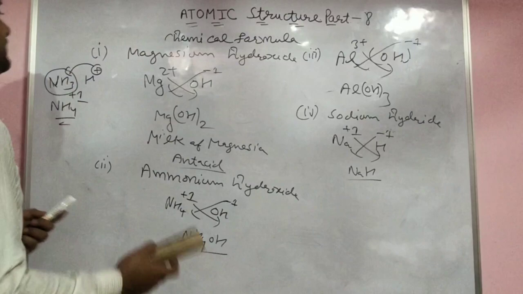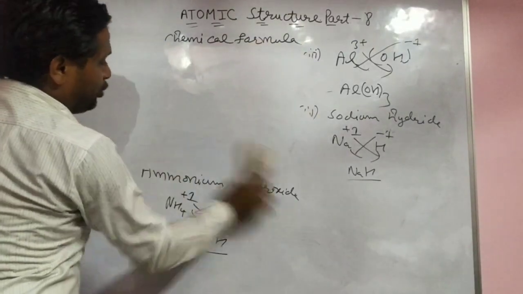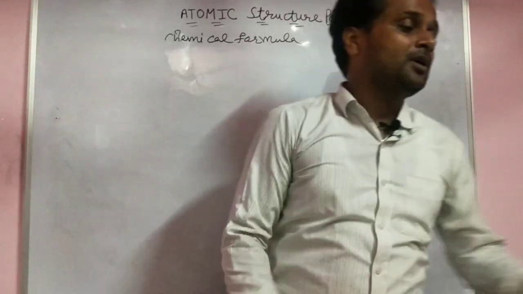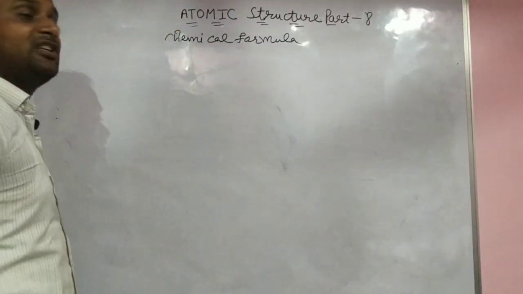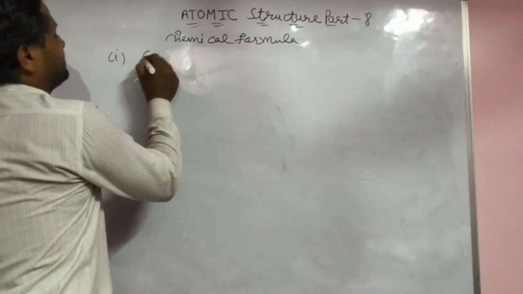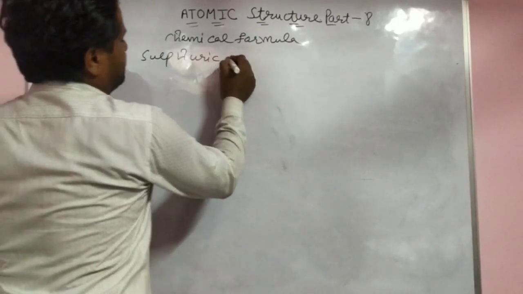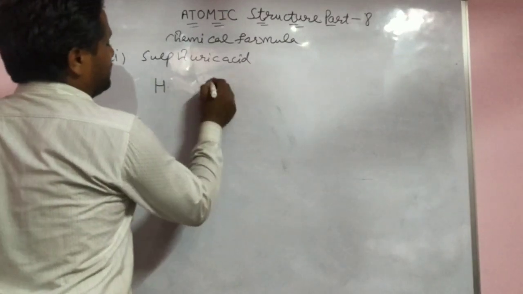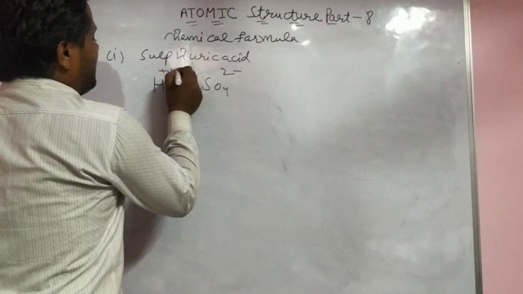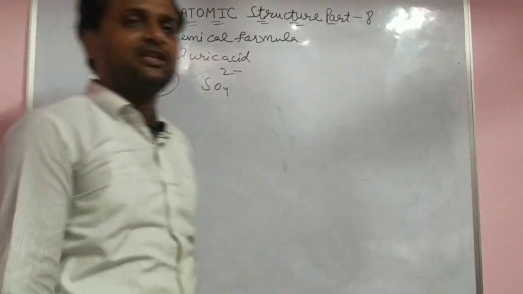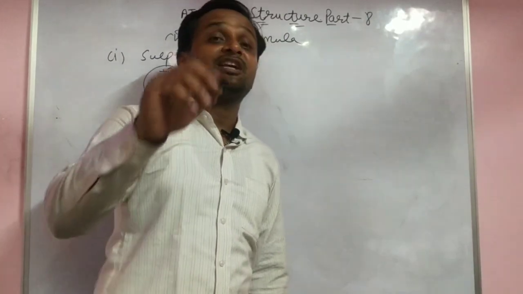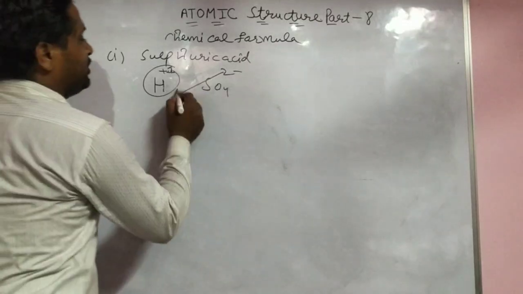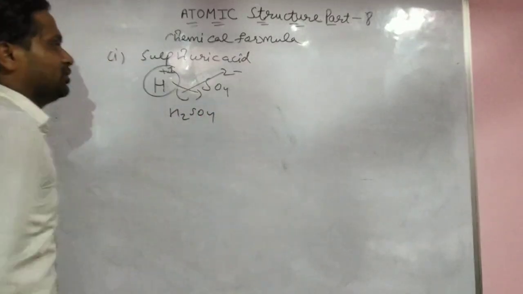Now we see how you form the acid. That is very important. Last time, in the last lecture, I told you how H2SO4 forms from hydrogen and sulfate. For example, you want to make sulfuric acid. We discuss the acids one by one. Sulfuric acid is H2SO4. Keep in mind, the hydrogen H positive ion is always there in an acid. According to the Arrhenius concept, whatever gives H positive is an acid only. So that's why you put H positive. With the sulfate, you are able to make sulfuric acid, H2SO4.